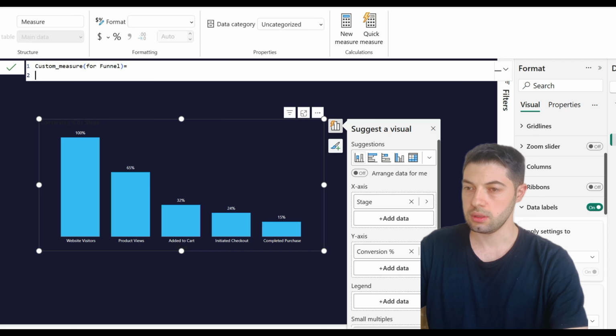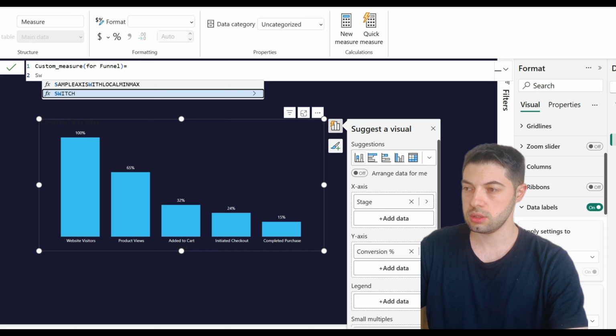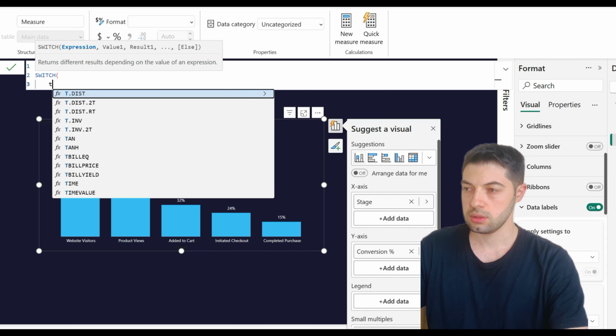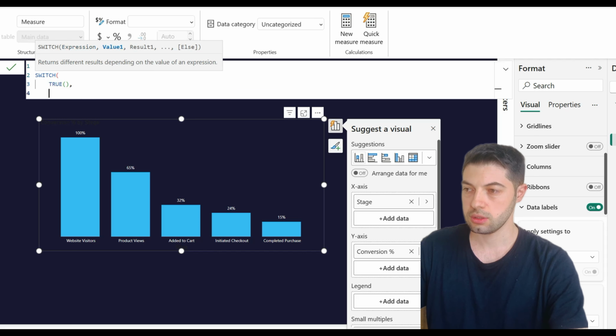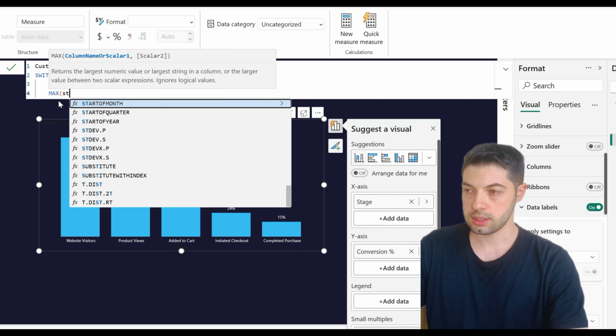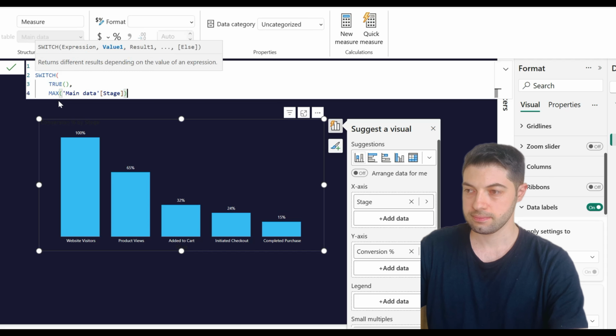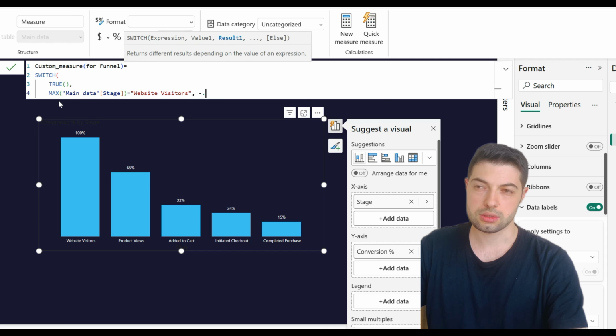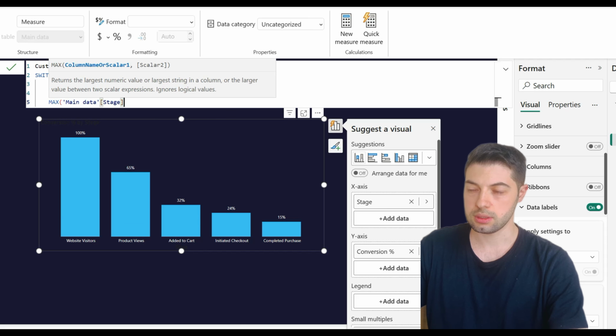Funnel, we need switch function. Website visitor is categories, so we need to use max stage equals website visitors. It should be, for example, 10%, minus 10%, because of its position.